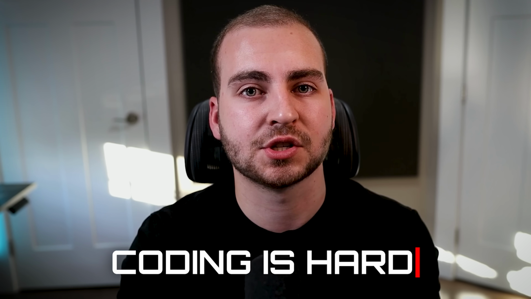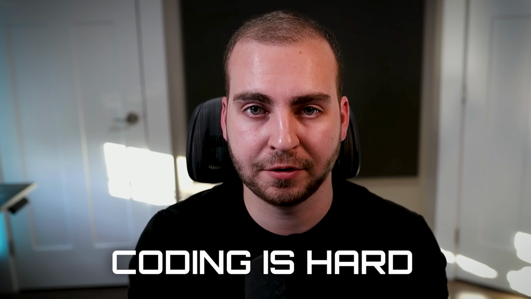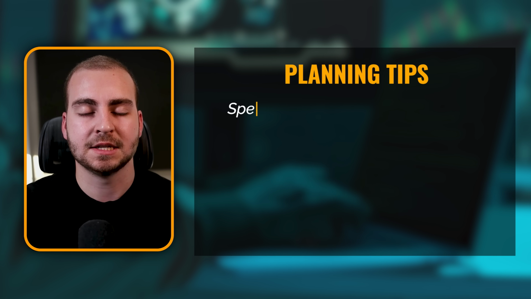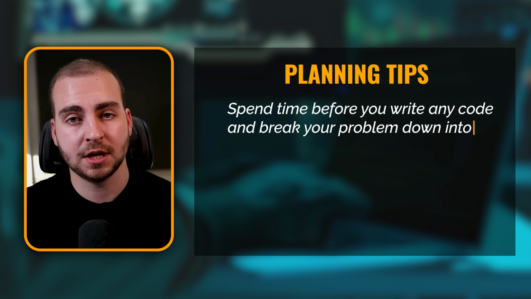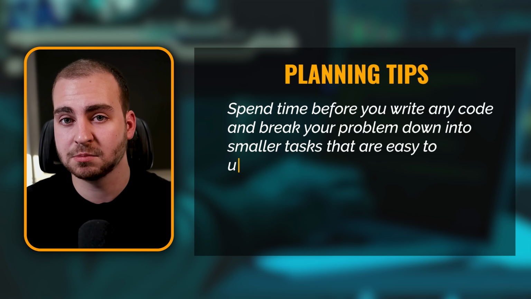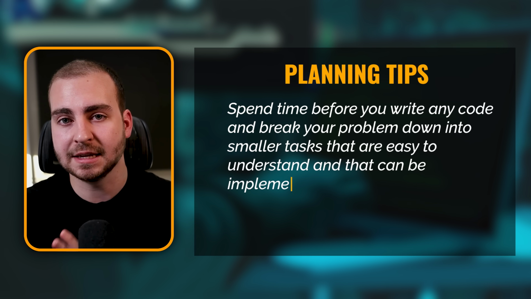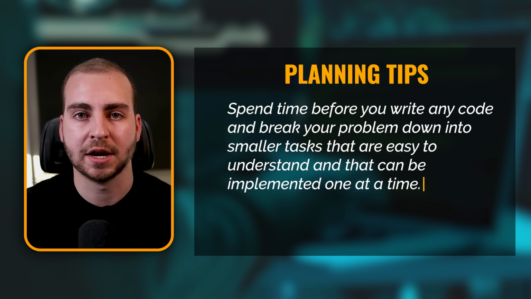All right, so let's get into planning. Now, the basic idea here is that coding is already hard. Writing code and solving small problems is already a difficult thing to do. What makes it significantly more difficult is when you need to break a task down into smaller tasks and figure out what you're going to be doing while you're writing code, which is actually the way most people end up doing things. What you should be doing instead is spending a bit of time before you write any code and breaking your problem down into smaller problems and eventually very small tasks that are discrete and easy to understand and that you can implement one at a time.